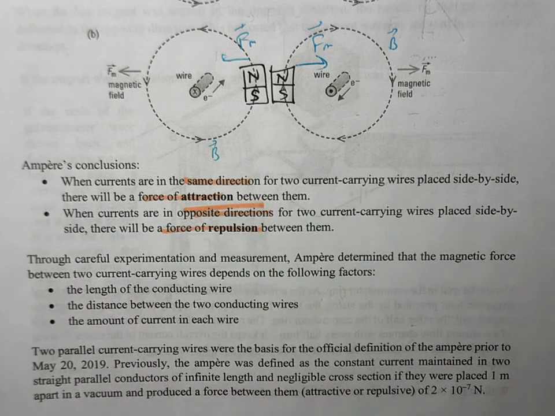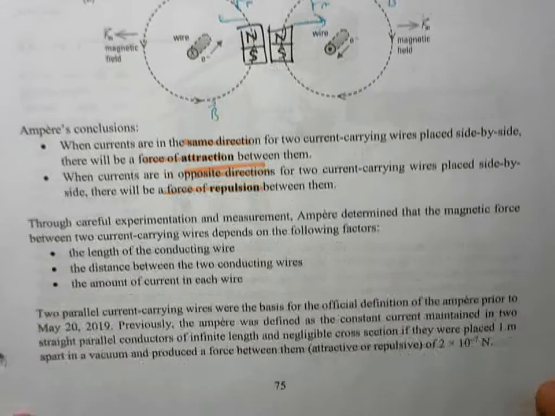And then, of course, Ampère did a lot of experimenting with this, and he also figured that magnetic force depends on the length of the conducting wire. We already know that from FM equals ILB. We know the distance between the conducting wires, as well as the amount of current that we're pushing through each wire. When Ampère did this experiment many years ago, these two parallel wires were actually how the ampere was